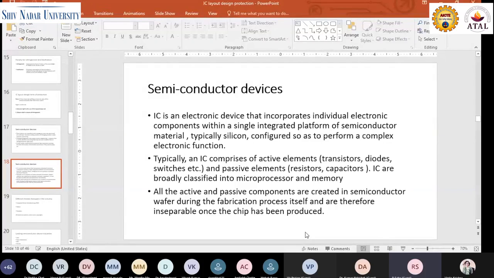But in this case, what happens is the semiconductor wafer is a sheet of silicon, which is a semiconductor, which has been processed in such a way that it is able to carry electricity under certain conditions. And when you take this wafer, during the fabrication stage itself, you go on creating various elements. You will create a transistor in the wafer, a resistor in the wafer, a switch in the wafer, an operational amplifier on the wafer. So everything is being created, and that is why it becomes a very, very complex